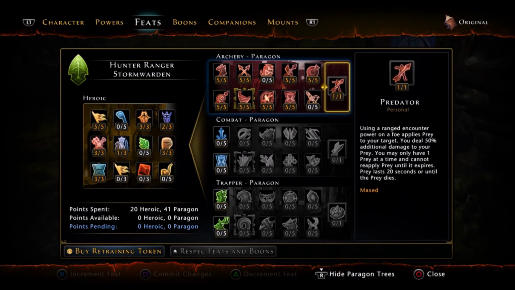The last thing I get is Predator. Predator marks my foe as prey, which means I do 50% more damage to my prey. I can only have one prey at a time, so for AoEs...